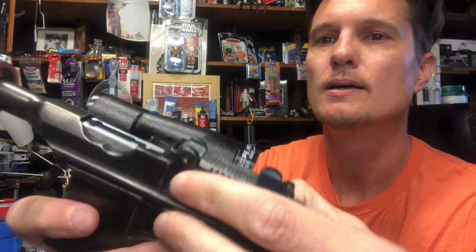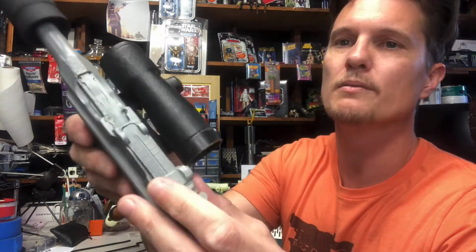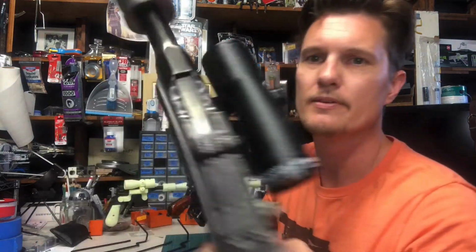This is a Han Besbin blaster. It's got the full light port on it. Now this one has over 20 mods done to it. It's going to have the same extraction mark milled in, but then I shaved down the sides here. I add these little clippings in here, whereas you can see it on the real Mauser. It's shaved flat. It's going to have these little clippings in here,